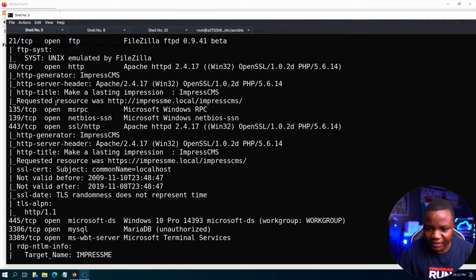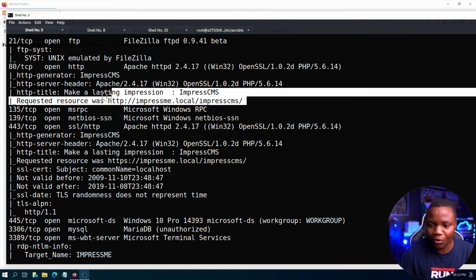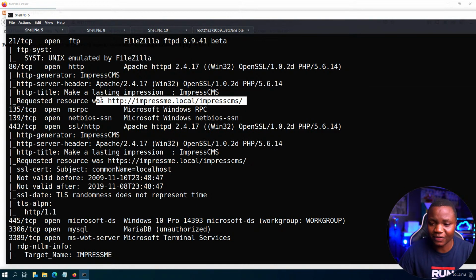So right now it says the requested resource was http impressme.local, then ImpressCMS. CMS, we like CMS. CMSs are always vulnerable. So if you see a CMS running, chances are that's where the money is going to be at. So I would focus more on any website. The CMS is a good candidate for exploitation. So right away, I see that there is a name on this website. What do you do? You go to your local hosts file,